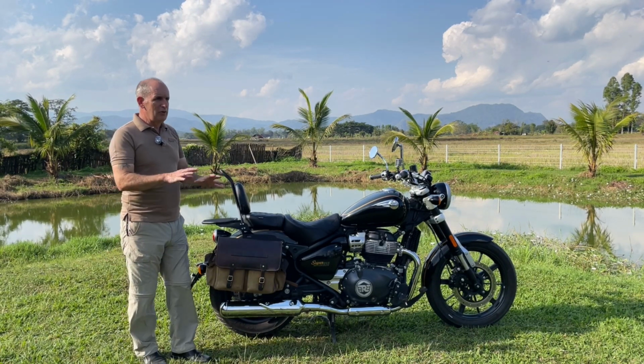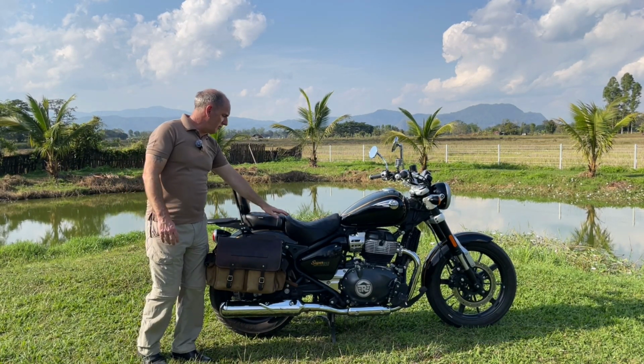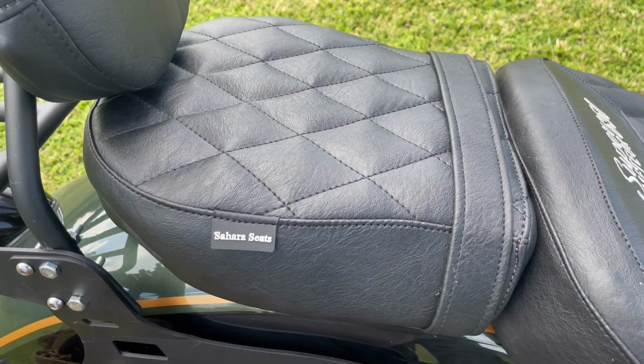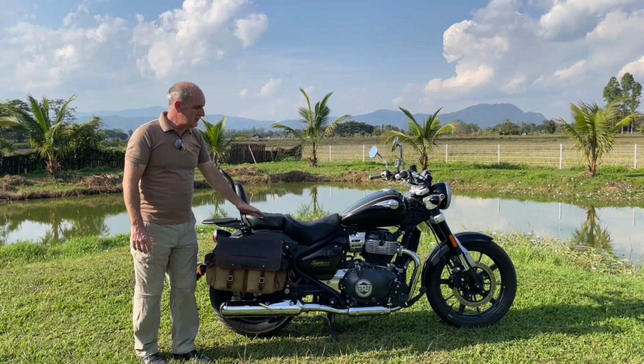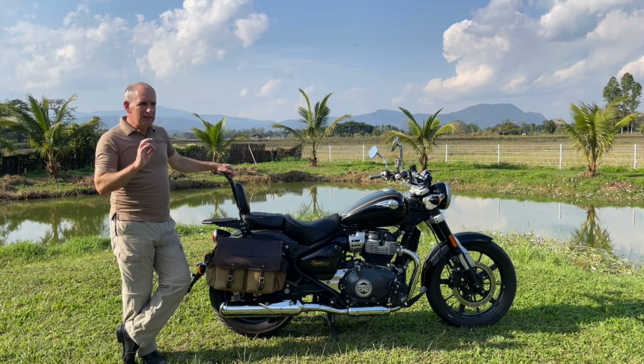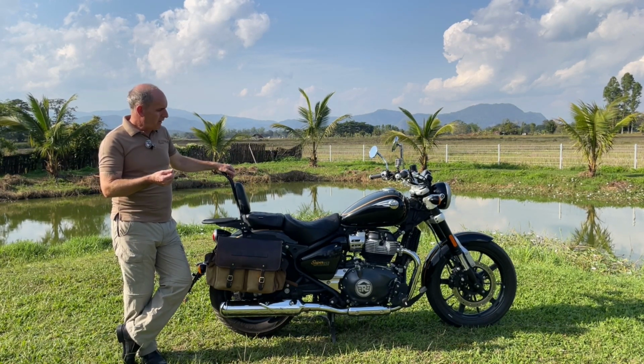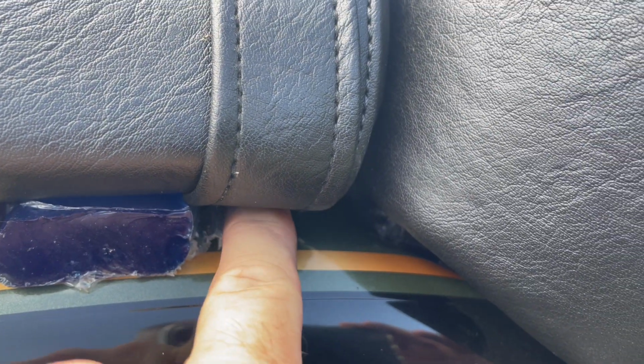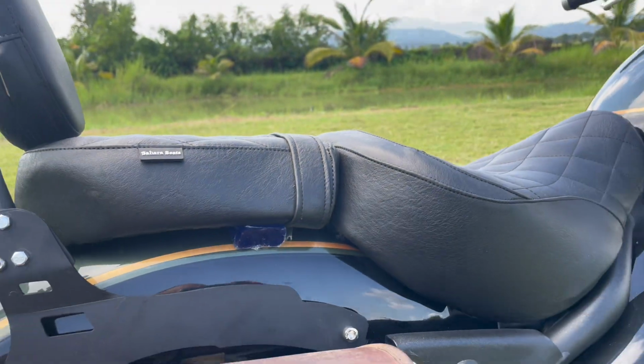Luckily, I noticed on Facebook groups people were raving about the Sahara seats, so I did order the Sahara touring seats with gel fitted, and after a little bit of modification, I did have to put some gel underneath them where they didn't have rubbers fitted, but after doing that, oh my goodness, I have ridden